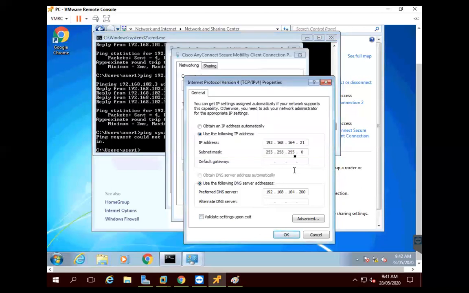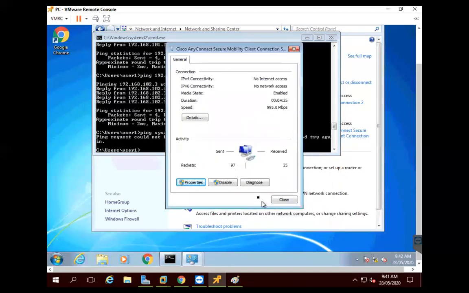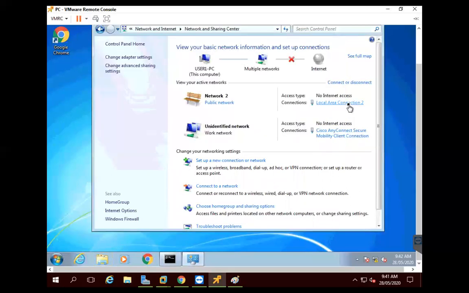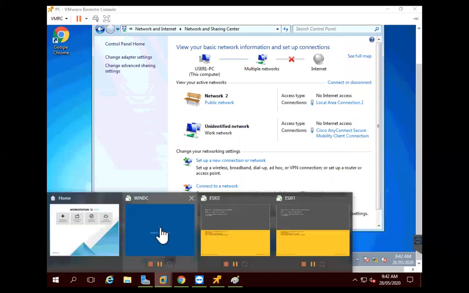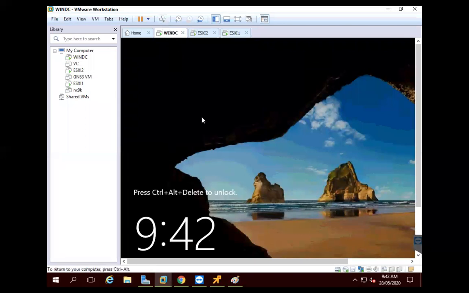This is right. 21 subnet mask and everything has been done. That's my local area network. This is the one which we have connected. I will log into my domain server.